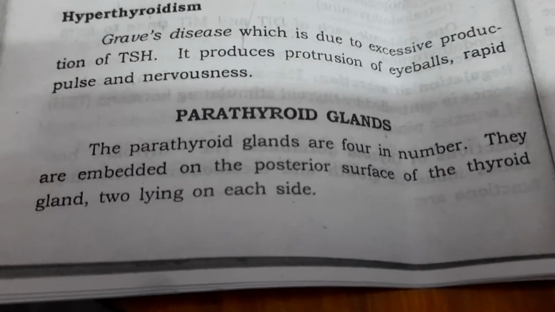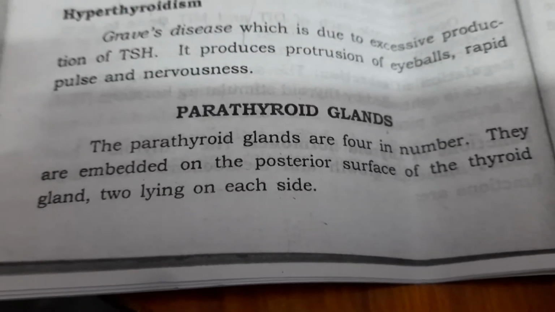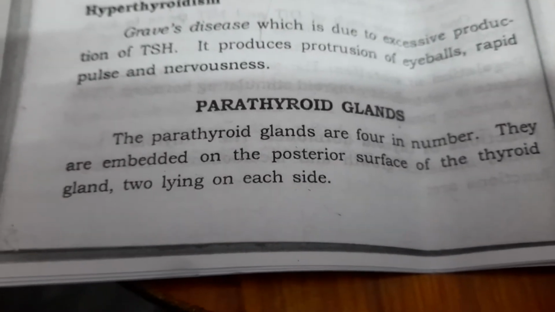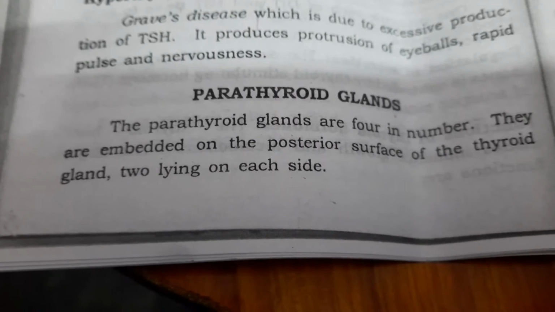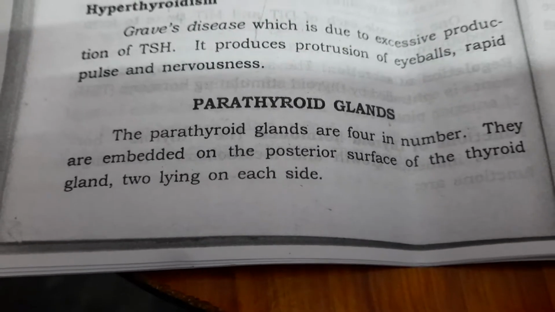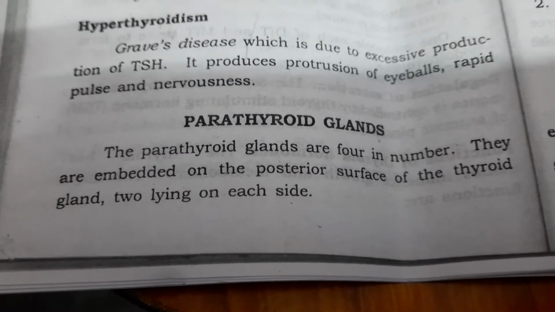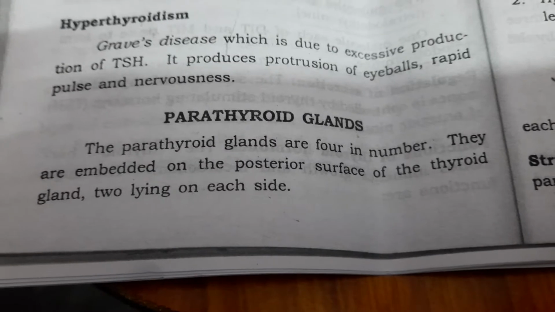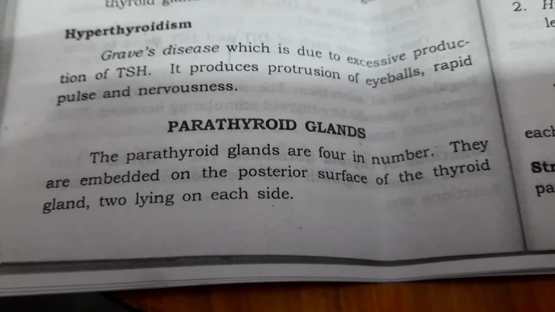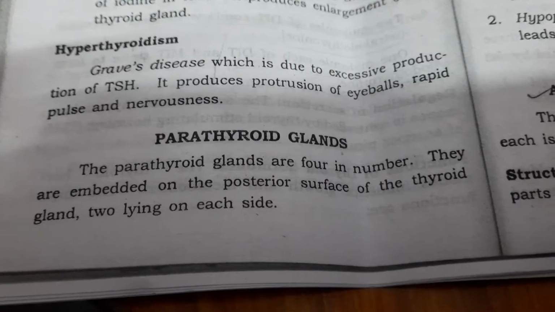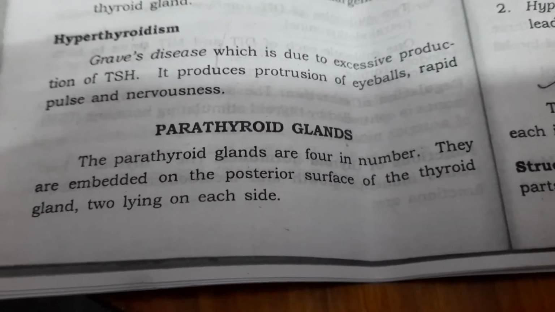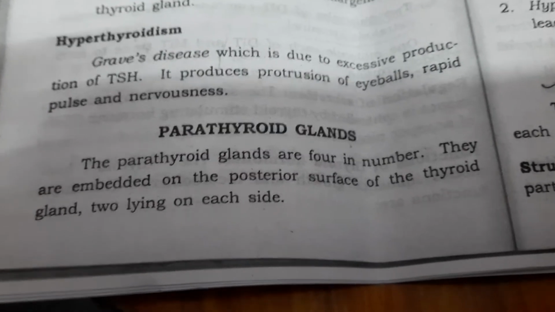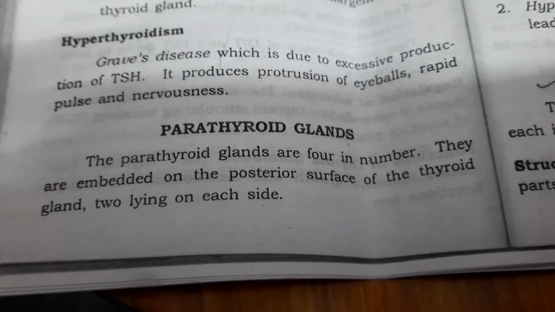First years. Now we are going to see about the parathyroid gland. Actually, we have seen the pituitary gland. The pituitary gland has an anterior secretion and a posterior secretion. In the anterior secretion, we have thyroid stimulating hormone, adrenocorticotrophic hormone, luteinizing hormone, and the sexual hormones. In that, we have seen the excessive secretions and the lower secretions. And in the same way for the thyroid gland.